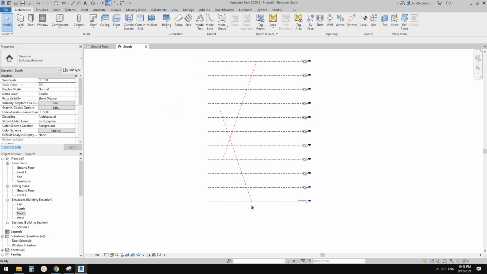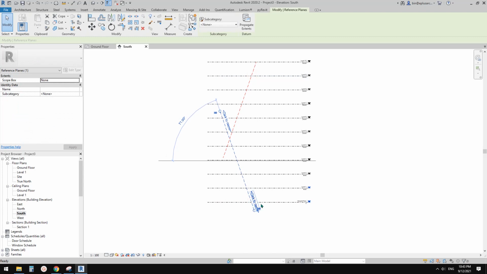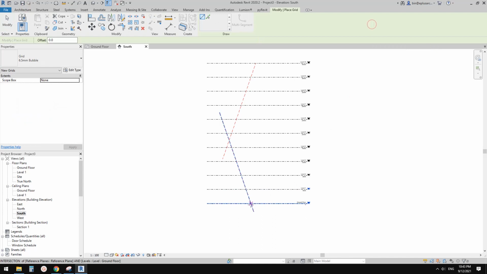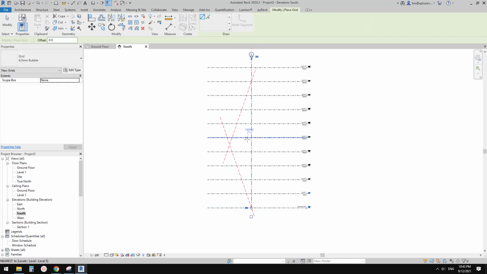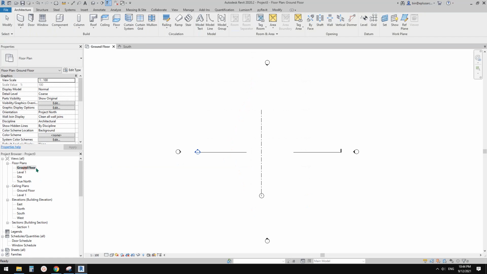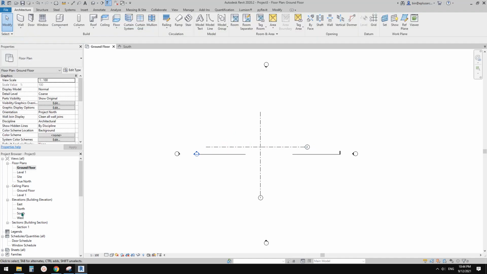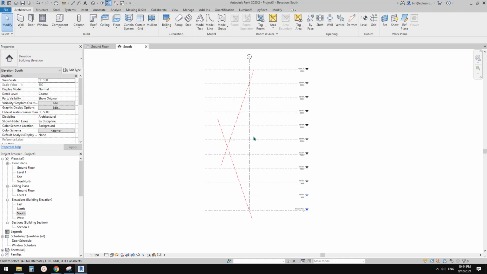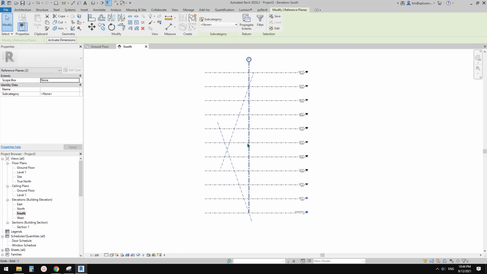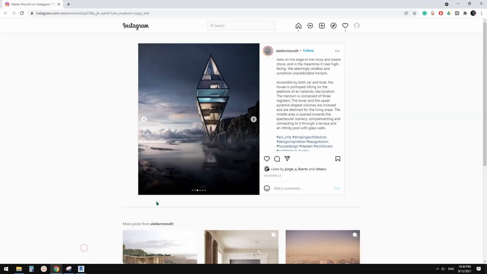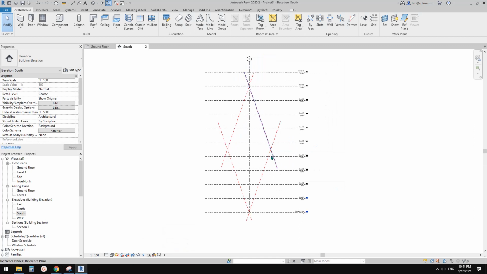So this, if I connect this to another reference, maybe I'll do a grid line here. Okay, so go up, and also I'm going to create another grid line horizontal and go back to south elevation. I'm going to select this reference plane, mirror, and this will be the shape of this structure,